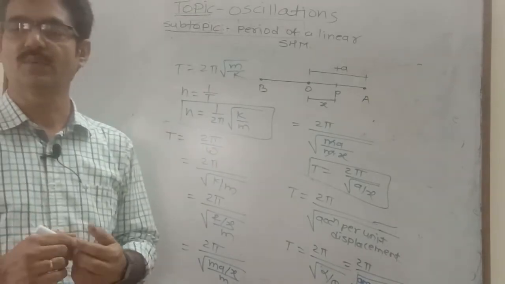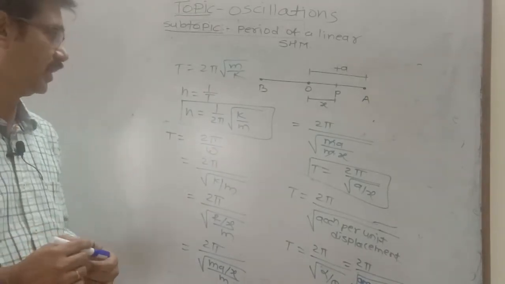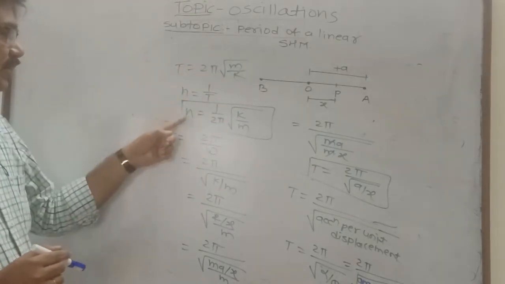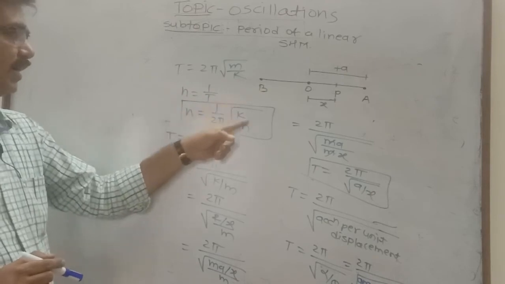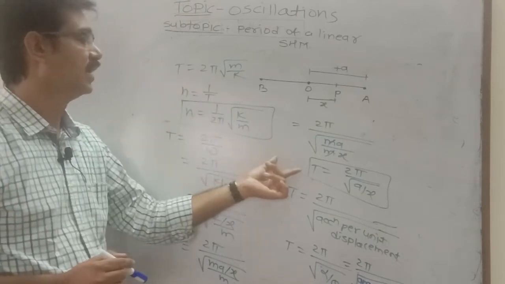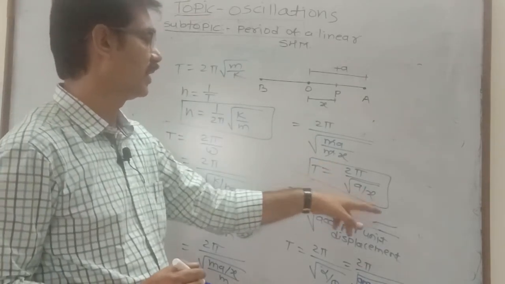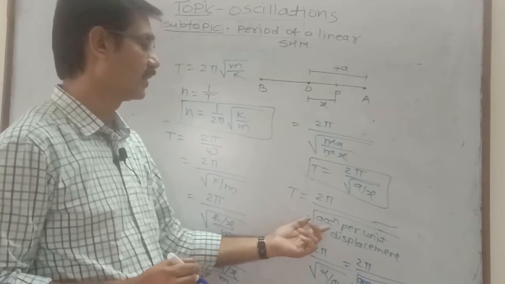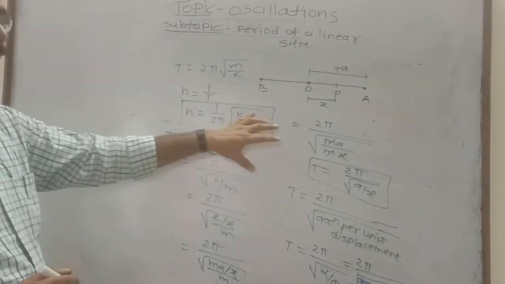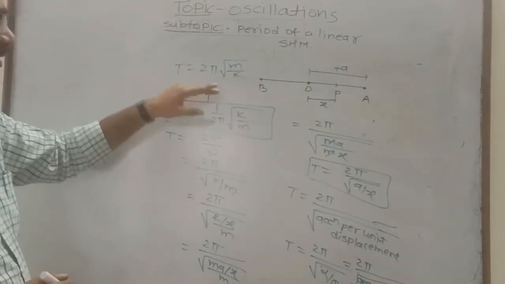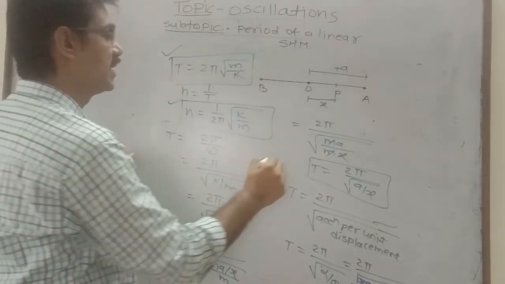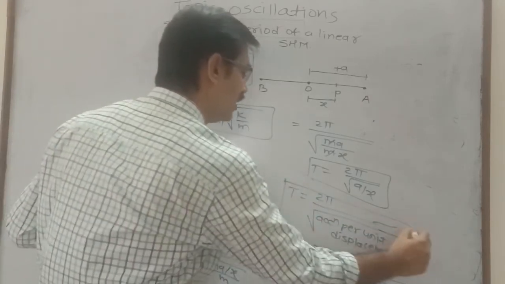Thus, the expression of the period of a particle performing linear SHM is given by T is equal to twice pi under root m by k. Frequency is given by 1 upon twice pi under root k by m, and it can also be expressed as T is equal to twice pi upon under root a by x, meaning twice pi upon under root acceleration per unit displacement. These can be the different forms of the period of the particle performing linear SHM, and these three formulas are very important concerning the entrance exam. Therefore, focus on these points.